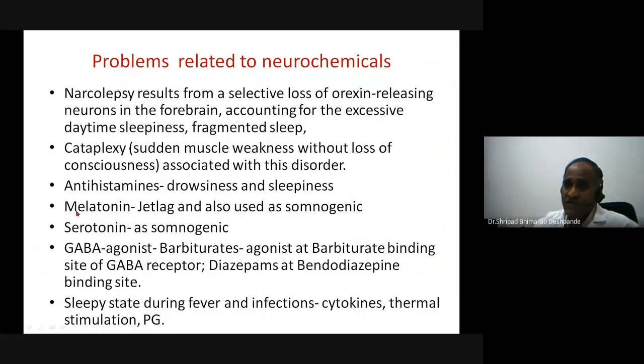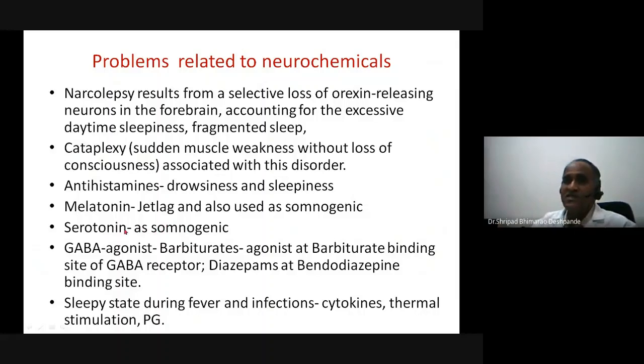Melatonin is a chemical secreted by the pineal gland. It is the hormone secreted in the dark, as we experience with jet lag. It is known as a somnogenic, or it induces sleep. So melatonin induces sleep. Maybe I will cover that later. Then